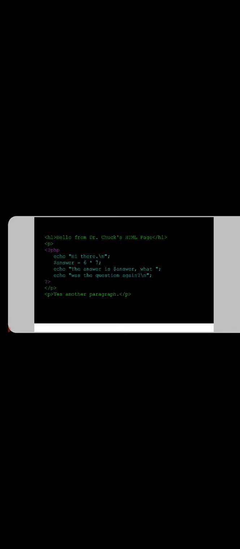So this is the way PHP code or PHP programs are generally inserted or embedded in an HTML program. To embed PHP code in HTML, we use less than question mark PHP syntax.